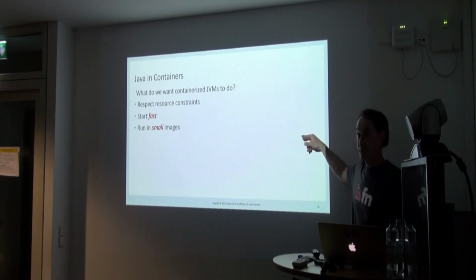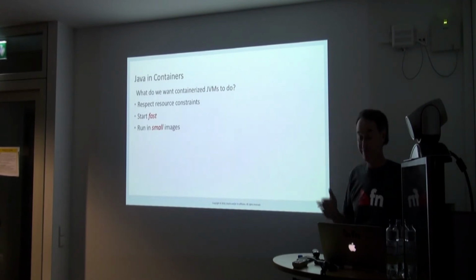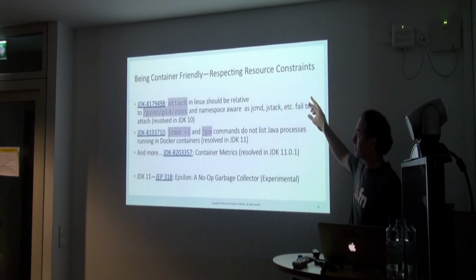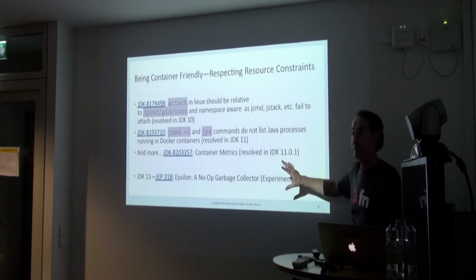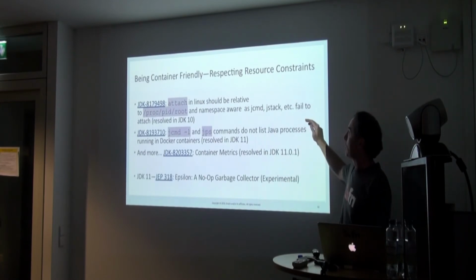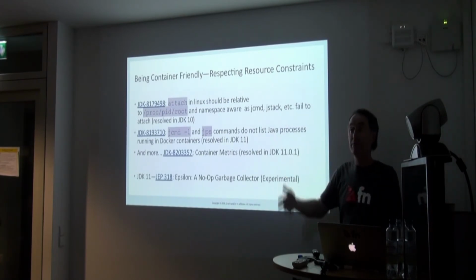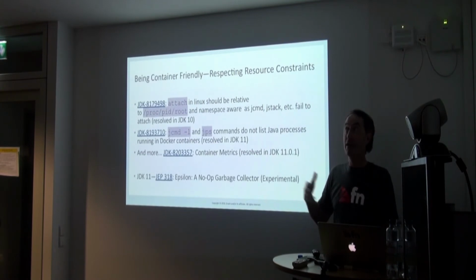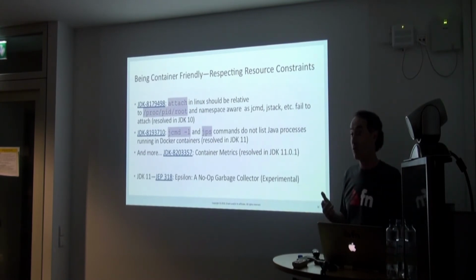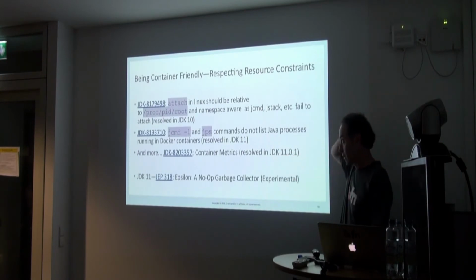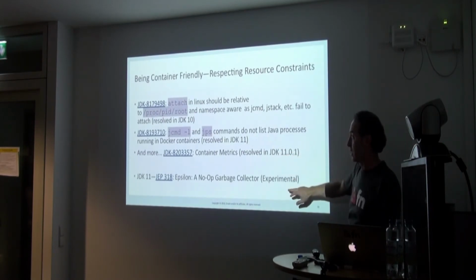We want really small images. Okay, so you saw 400 meg, not so good. So in terms of respecting these constraints and being friendly, there's a lot of work in the JVM, the JDK. They're doing all kinds of things to make sure that things work correctly. This container metrics JEP is to deal with being able to understand the context, so apps can find out how much memory I really have, how many CPUs or cores I really have, so I can size my thread pools and do things appropriately. That's in 11. We replaced the earlier one, which was experimental, I think. It came out in 11.